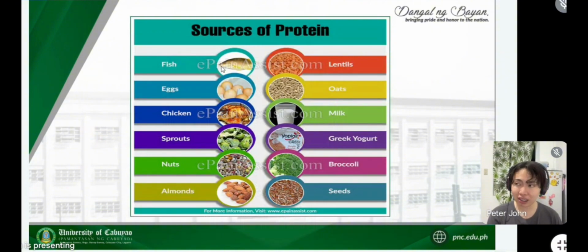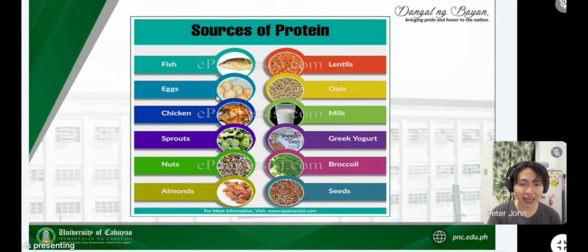So, we have the fish. So, similar kanina kay lipids, pero dalawa yung major source niya. Pwede siya maging protein, or it could be lipids. So, take note, class, ha, hindi porket yung isang pagkain is rich in carbohydrates lang pwedeng makita sa kanya. Pwede pong makita yung apat na biomolecules na tinutukoy natin. Ang na-highlight lang dito is kung saan yung may pinakamataas na source na present sa kanya, it could be mas mataas yung percent sa kanya ng lipids or mataas yung percent ng protein, and so on and so forth. So, for the case of protein, we have the fish as a major source.